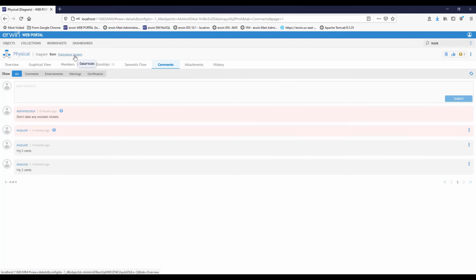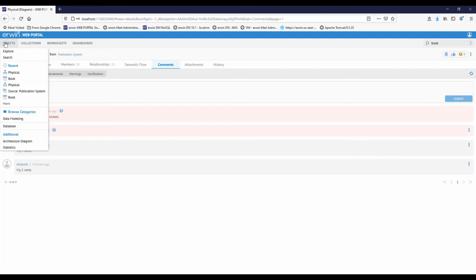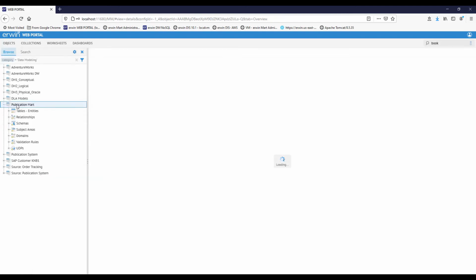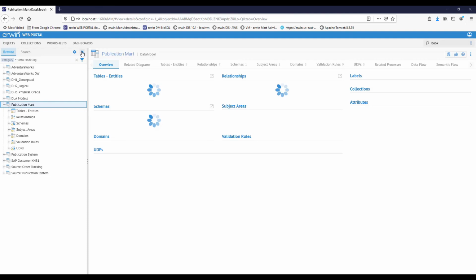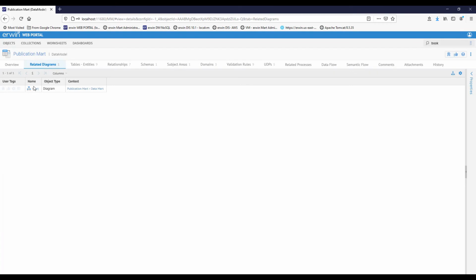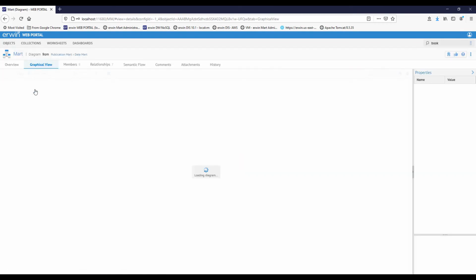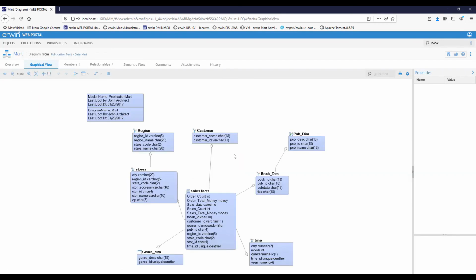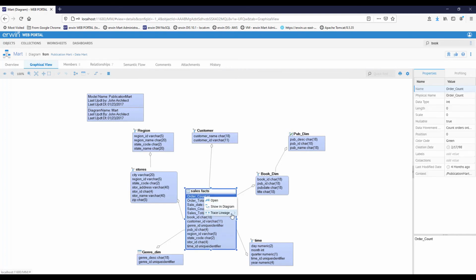And now what we're going to look at is how we can visualize the lineage of objects if they've been created in the data modeler using source to target mapping. So here is our publication mart and a specific diagram. Within here, we can see our dimensional tables and our fact table. And then we can also see or trace the data lineage that provides for the order count field in the